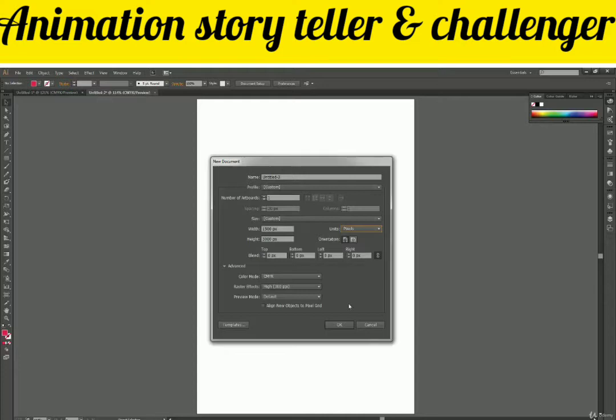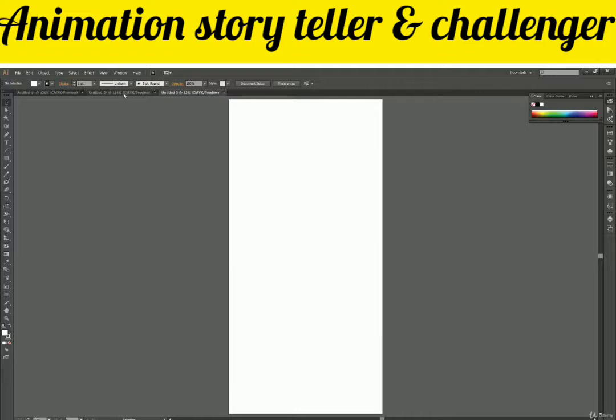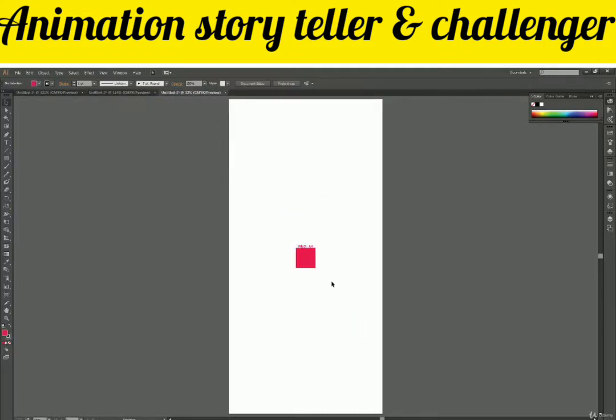So I am working in pixels right now, and that's okay with me. So click on OK, and there we go. We have our third file here. Copy paste, and let's make it a little big. Alright. So now what we are going to do is compare their sizes in pixels,